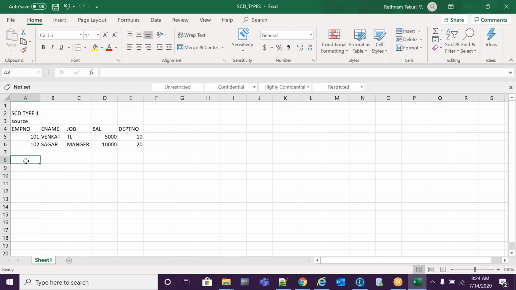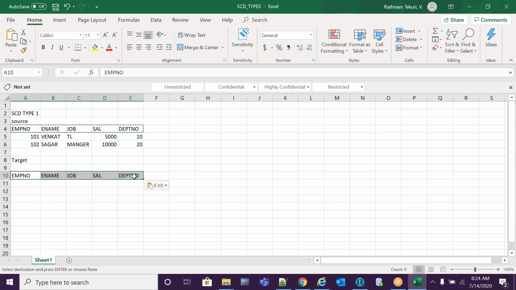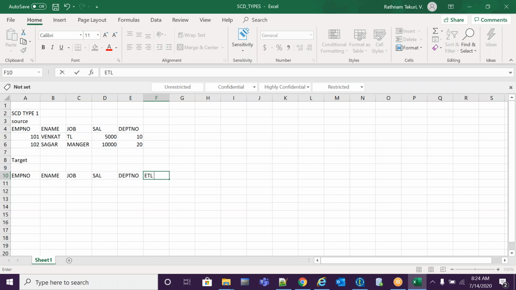My target, how will we maintain it? The same structure will come here, and we will also load the ETL load date with the current timestamp. The values are empty on the first load.